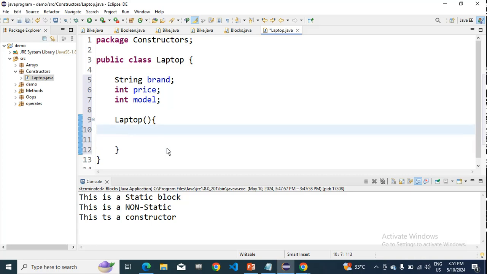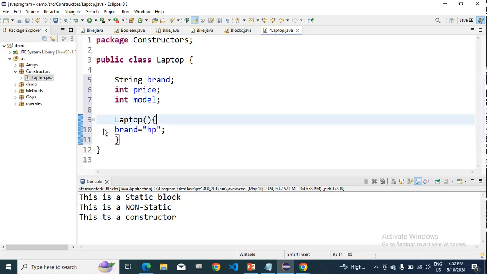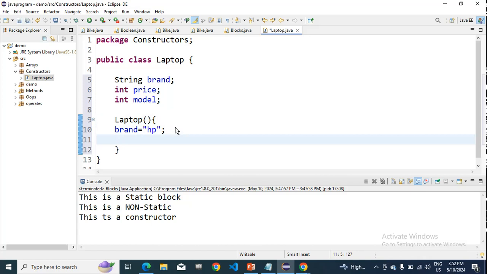That is, first you should take some... you can also initialize like this, brand is equal to HP. You can also initialize like this, and